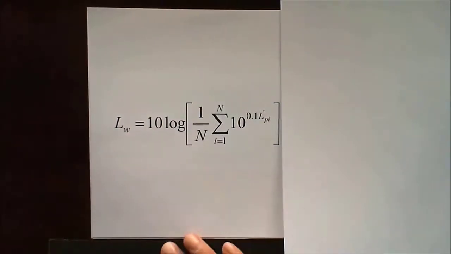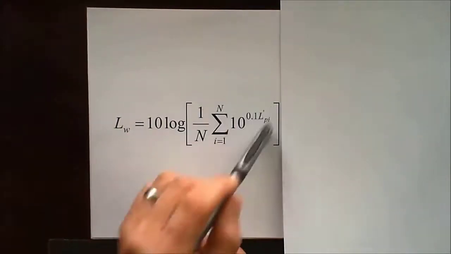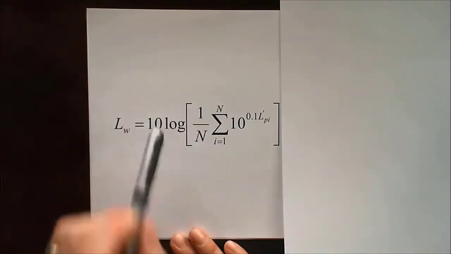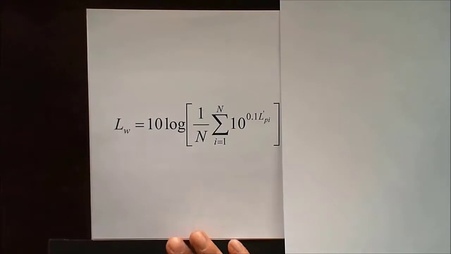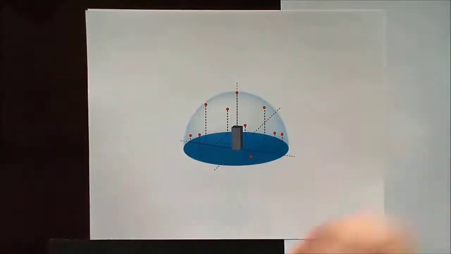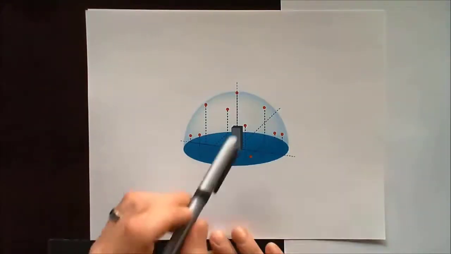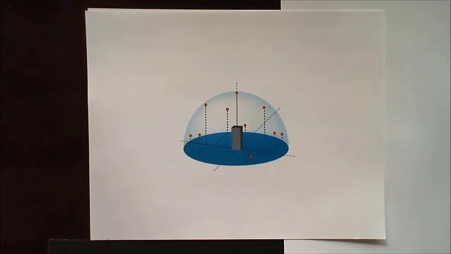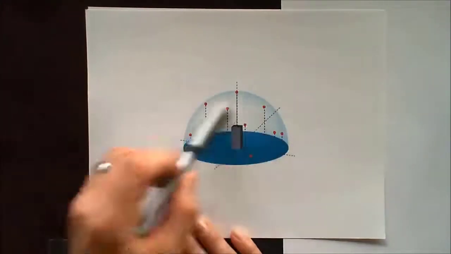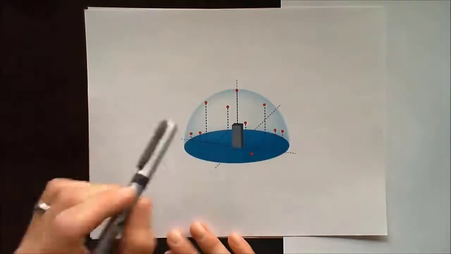In this case, let's say there are 12 microphones. We're going to sum up 12 microphone sound pressures, and then we're going to divide it by the number of microphones and then take a logarithm. Okay? So we're averaging a bunch of sound pressure measurements. Okay? So why would we be doing that? Well, this is typical for a sound power measurement using sound pressure. In this case, this gray box constitutes my noise source, and I'm going to create a surface that envelops the entire object,